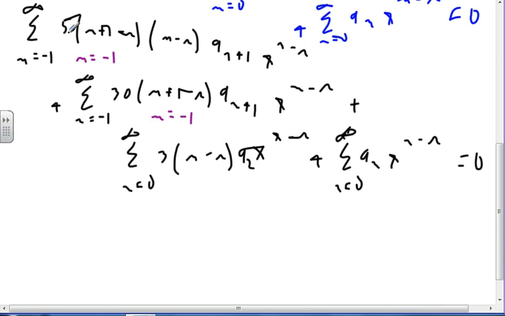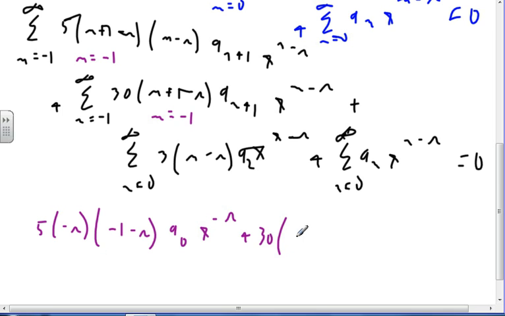Okay, so I've got 5 times minus r times minus 1 minus r, A0 x to the minus r, plus 30 minus r a0 x to the minus r, plus summation n equals 0 to infinity and a couple brackets